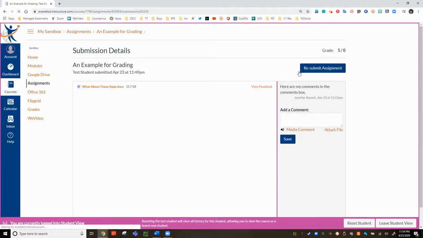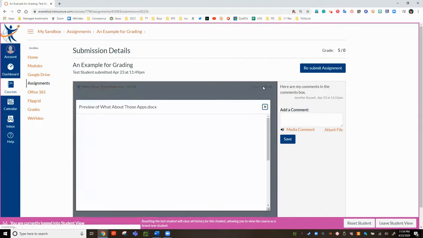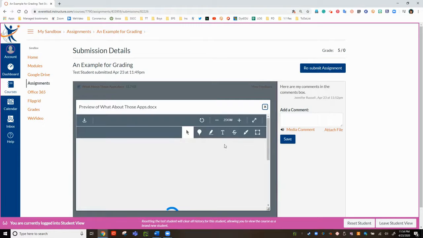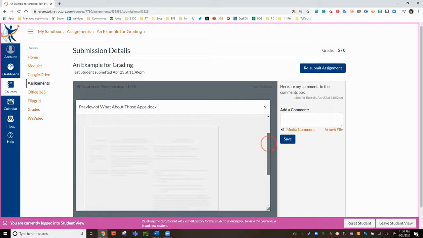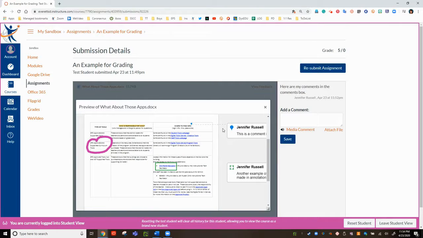And in order for them to see those annotated comments, they have to click on view feedback. And when they do that, another box will pop up, and this will look like where the teacher had actually left the comments. And you can see here is an annotation that the teacher made, another one using the box